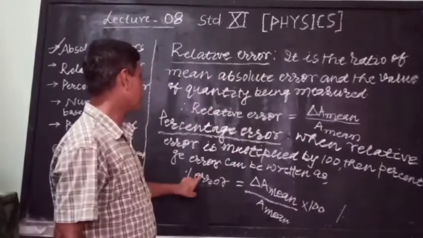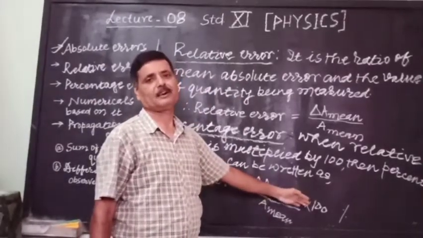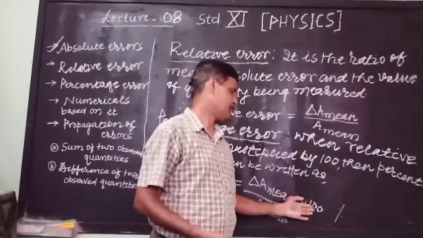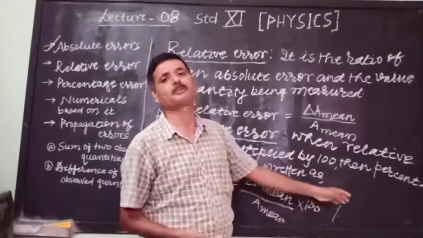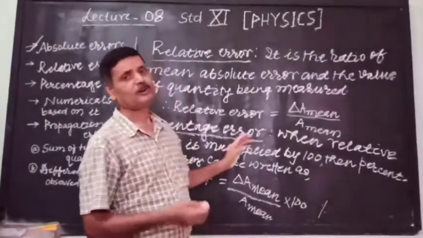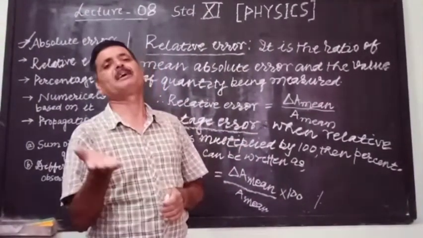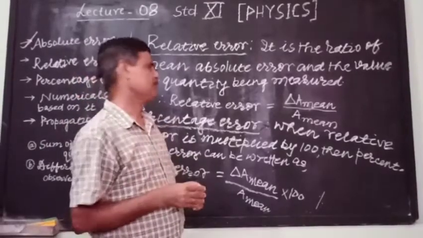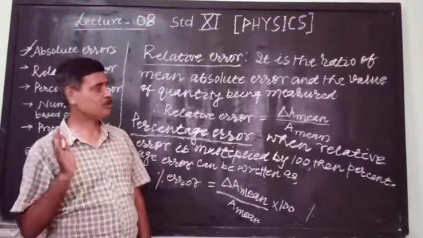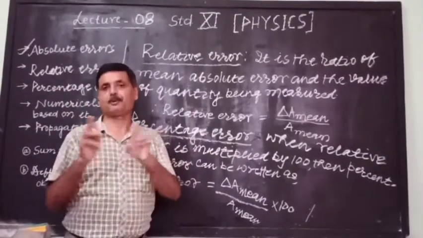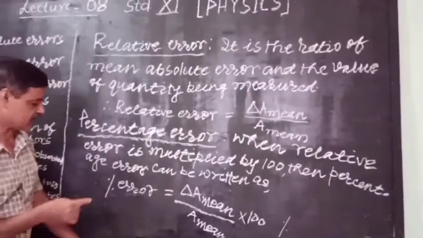This was your relative error. This by this and multiplied by 100, there will be no change. 100% means 100 by 100. You just have to express it in terms of percent. So you calculate the value of the relative error and multiply by 100, and we can easily calculate percentage error. Okay? As a closer look for the proper maintenance of your notes, you can watch, and a close screenshot is being taken.